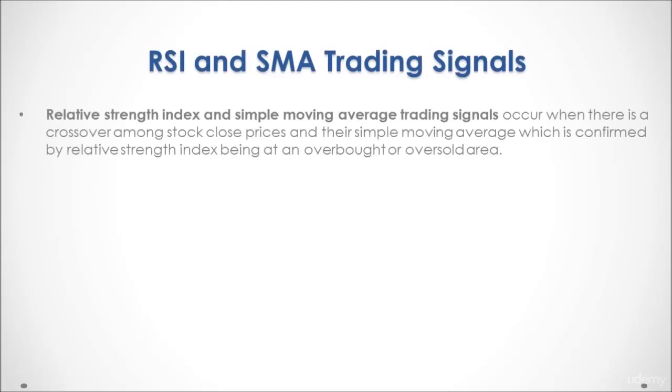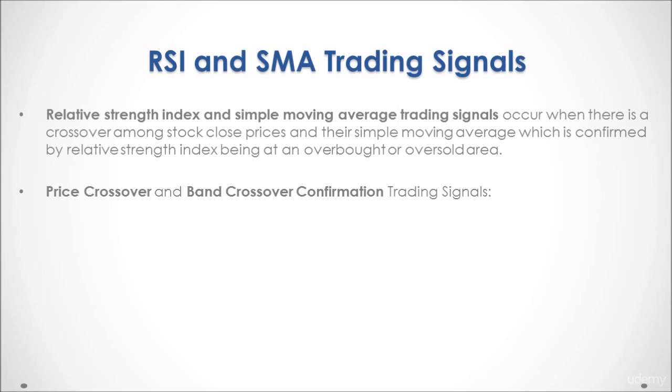Relative strength index and simple moving average trading signals occur when there is a crossover among stock close prices and their simple moving average, which is confirmed by relative strength index being at an overbought or oversold area. Therefore, we have price crossover and bands crossover confirmation type of trading signals, in which a stock is considered overbought if the relative strength index is above plus 70, and the stock is considered oversold if the relative strength index